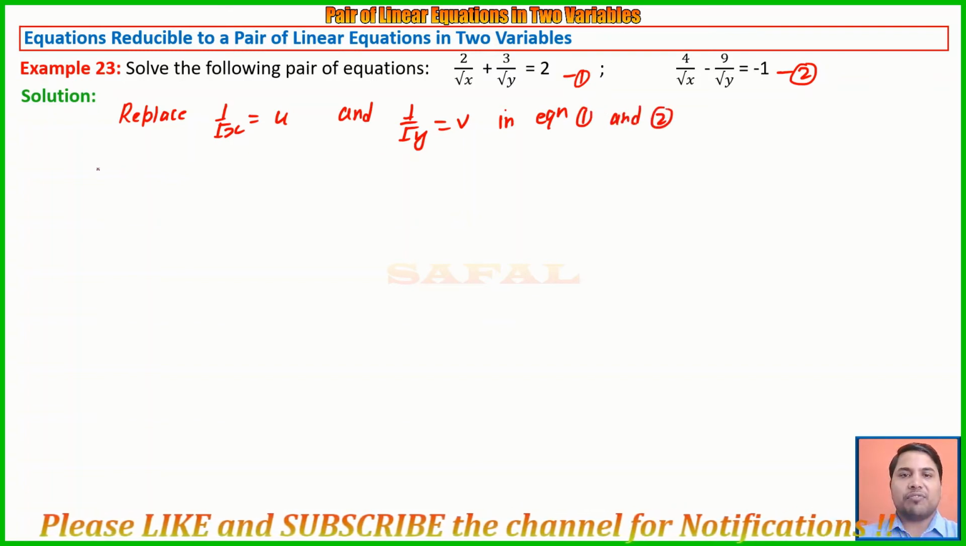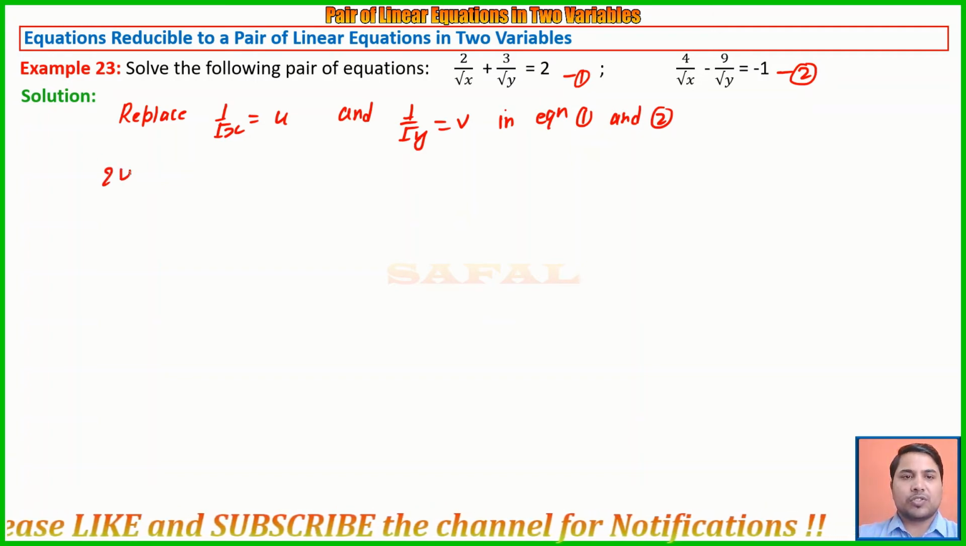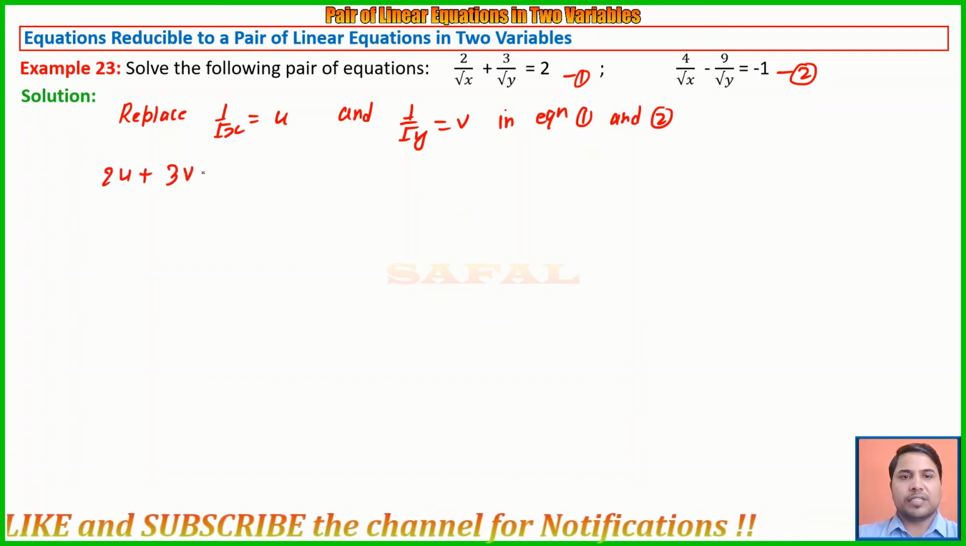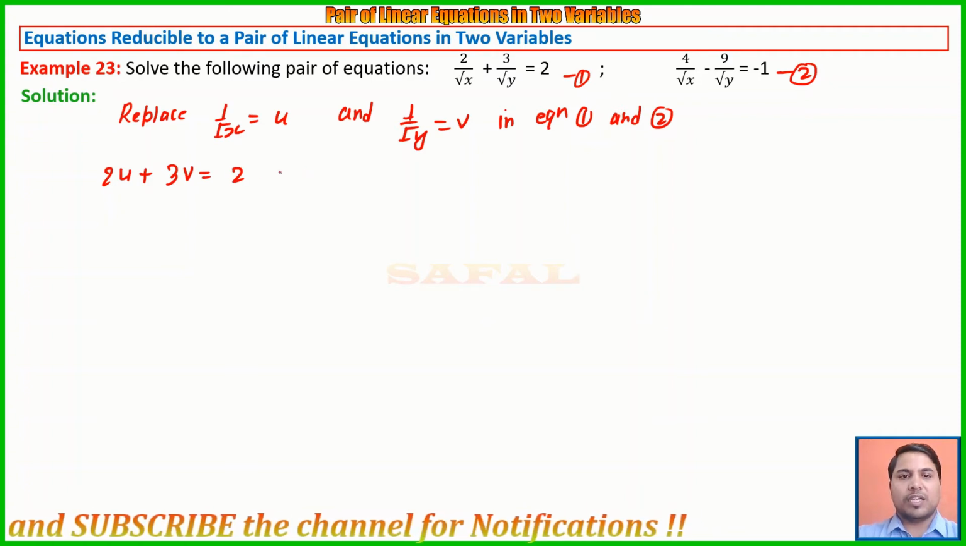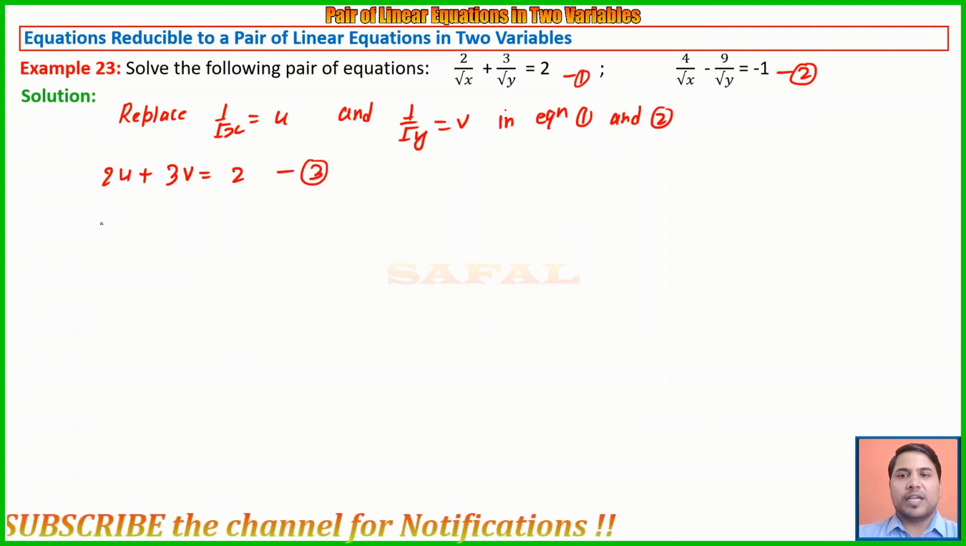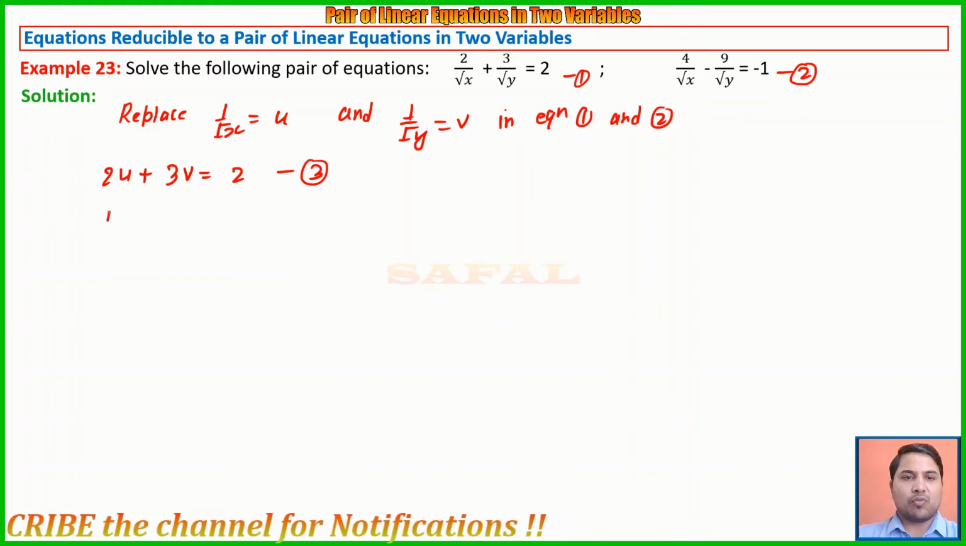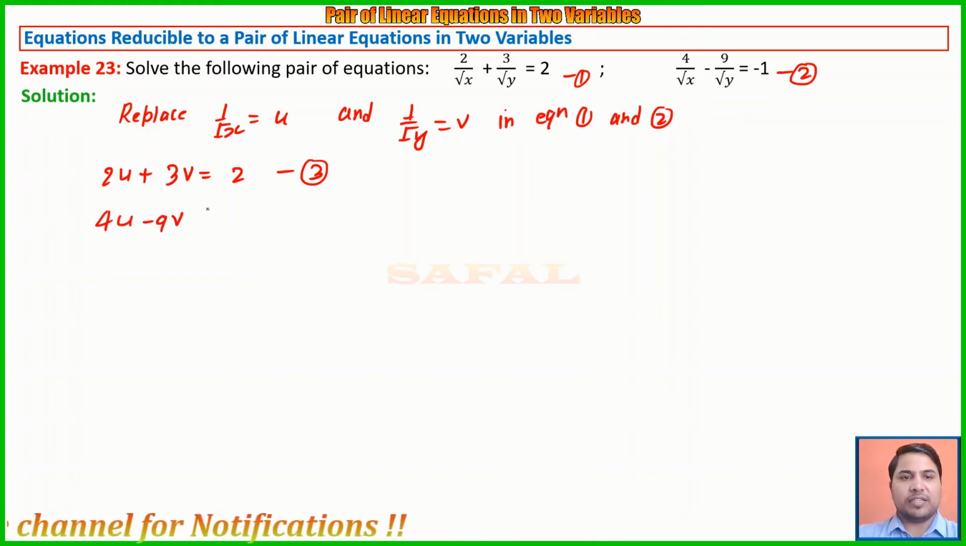So what will happen? The first equation will become 2u plus 3v equals 2. Let me call this equation 3. And the second equation will become 4u minus 9v equals